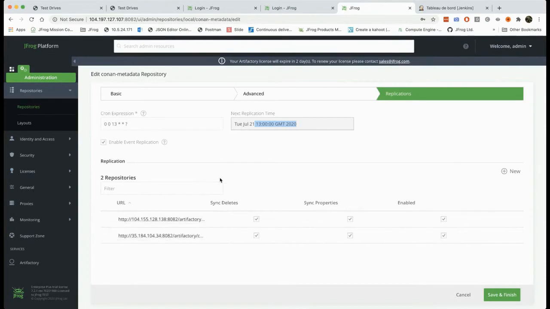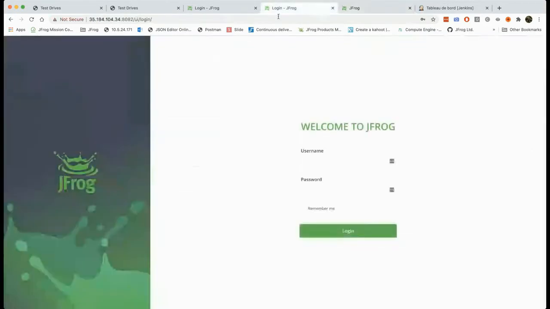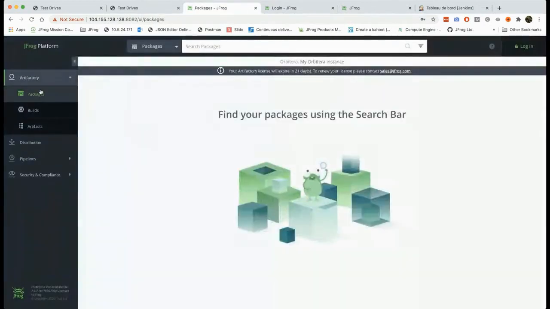And what is interesting is that any delete, change of metadata, deploy, write operation done on this repository, my Conan metadata repository, will trigger the replication, and this replication, this sync, will be done on the 2 different targets. What does it mean? It means that if I go now on one of those targets, let's say this one, which is a different Artifactory,